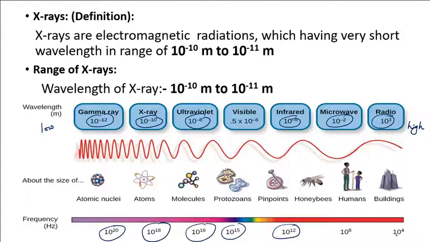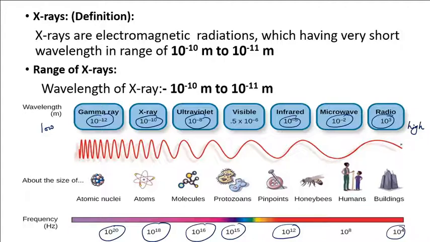Its frequency is 10 raised to 4 Hz. So among this electromagnetic spectrum, gamma rays is the radiation having highest energy. Next comes X-rays, then ultraviolet, and the radio waves are the radiation having lowest energy